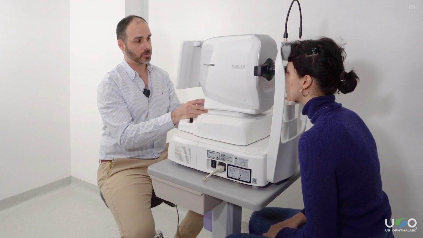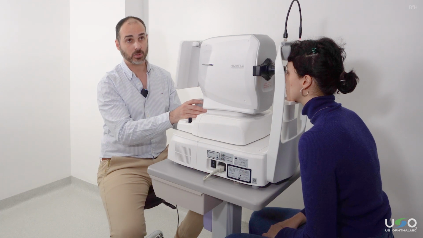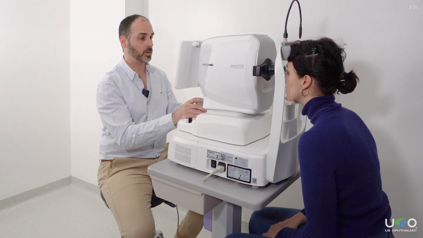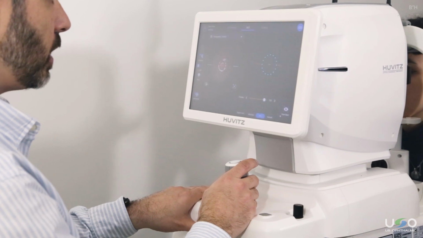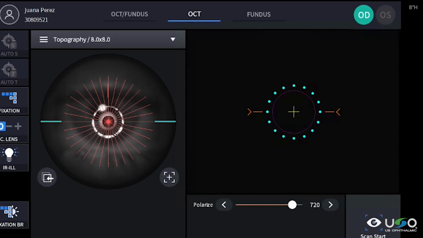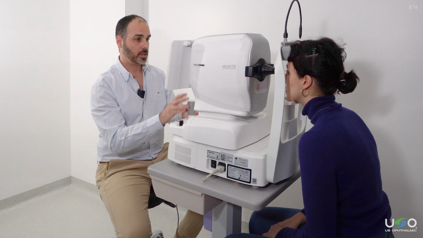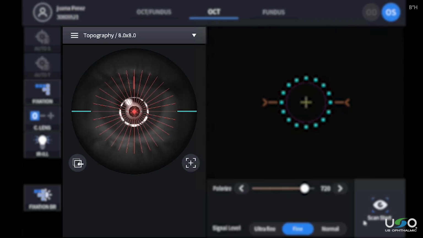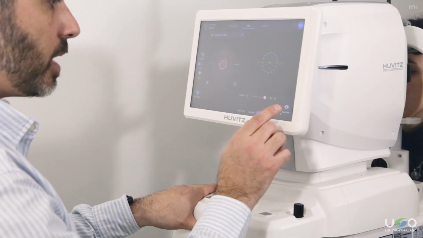Once we finish measuring the first eye, we are going to push the instrument as close to us as possible. We switch to the other eye, and the equipment will automatically detect whether it is the left or right eye, and we repeat the same steps. First, we center the camera on the pupil to get a good image, and then we select Scan Start, and